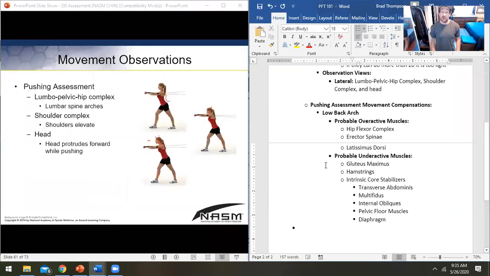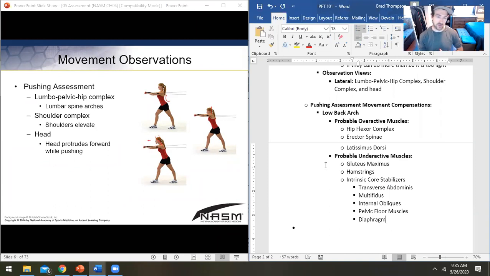Yep. I mean, you can do planks, you can do dead bugs, V-sits, side planks. Floor bridges would be a really good one. Don't be surprised if you get plenty of abdominal activation when you do a hip raise. We primarily think of that as a glute ham exercise, but it